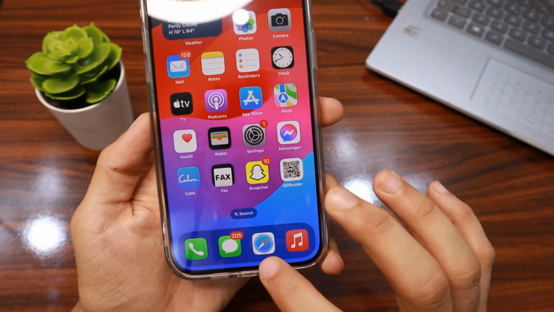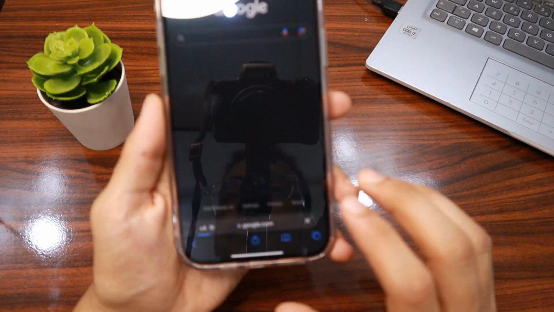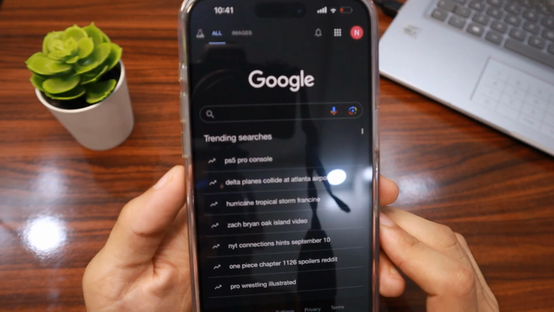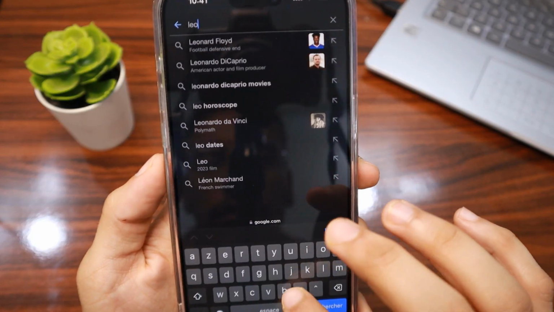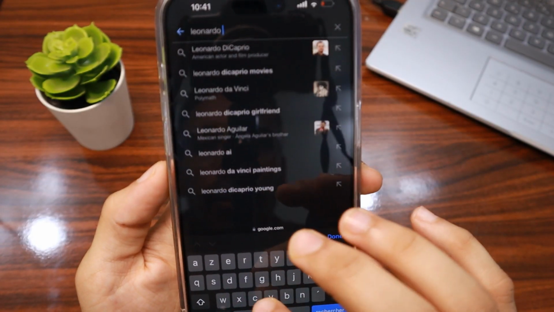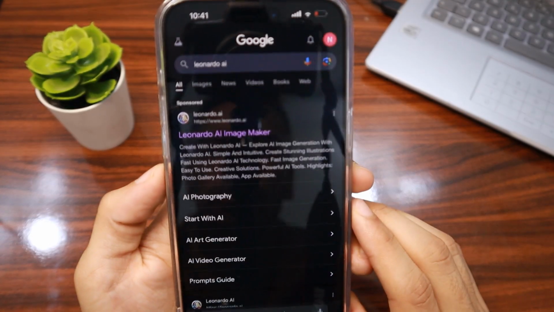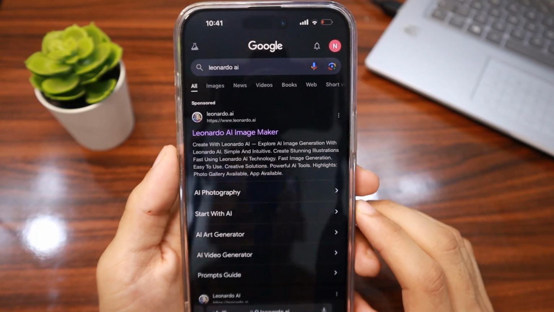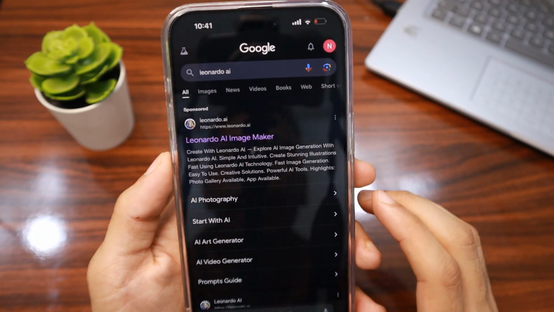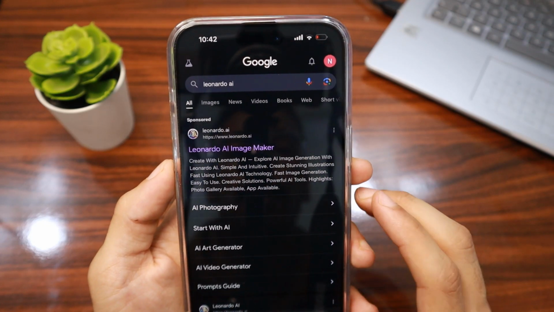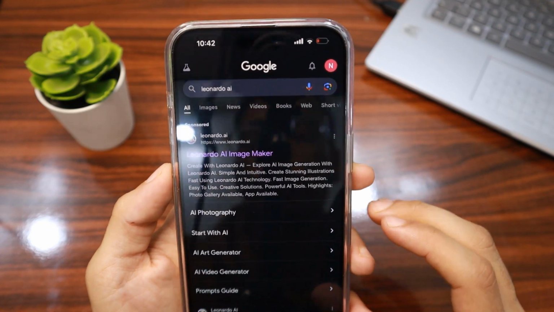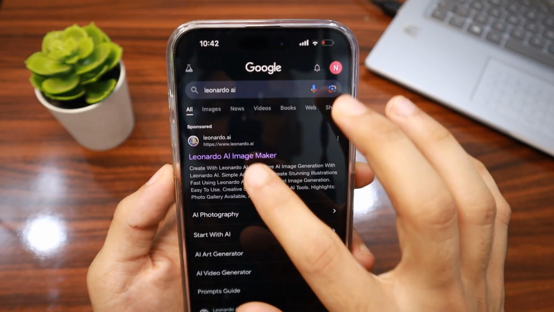So first, open your browser and go to google.com. In the search bar, search for Leonardo AI. So Leonardo, guys, it's one of the best AI websites. You can use this website for free, and you can also make stunning images. So tap the first website,